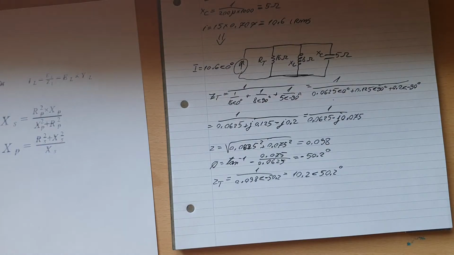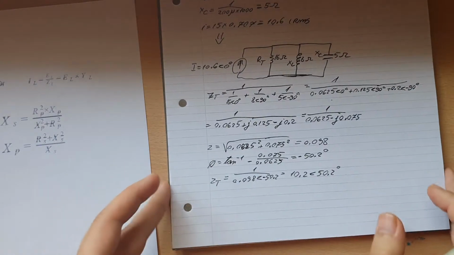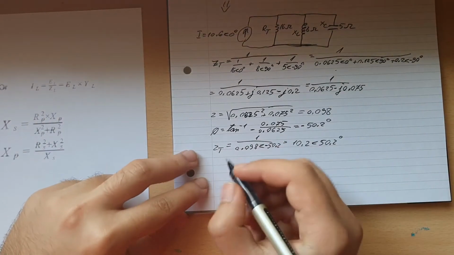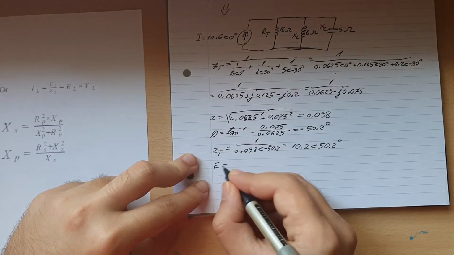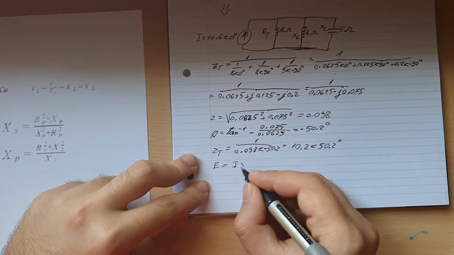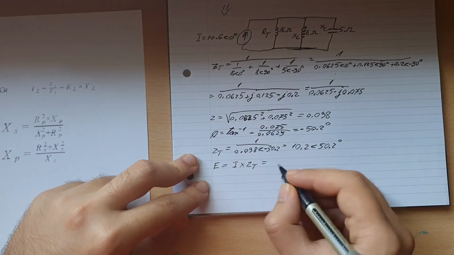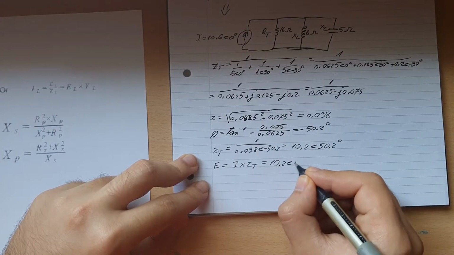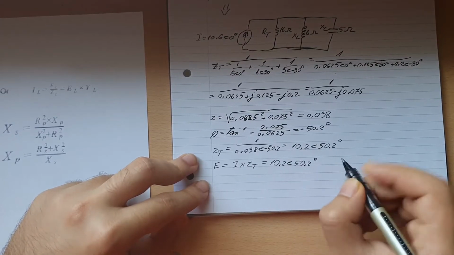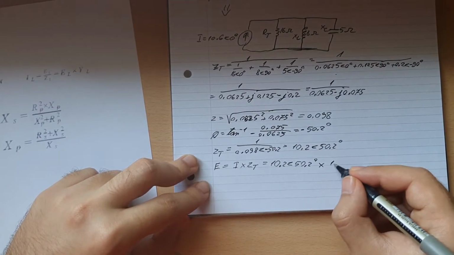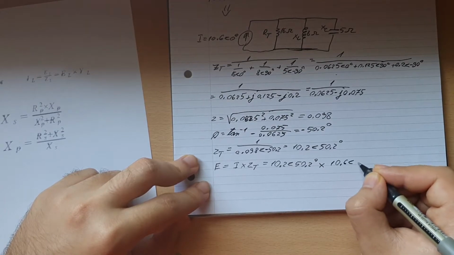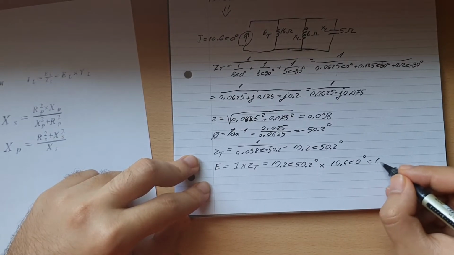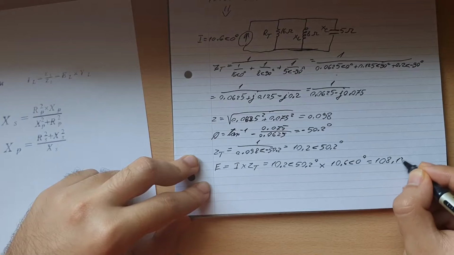Let's say our next step is to actually calculate the total voltage, because you know the current and you know the ZT. Then E will be equal with I times ZT, that's equal with 10.2 at an angle of 50.2 degrees multiplied by 10.6 at an angle of 0 degrees, and that one will be equal to 108.12 at an angle